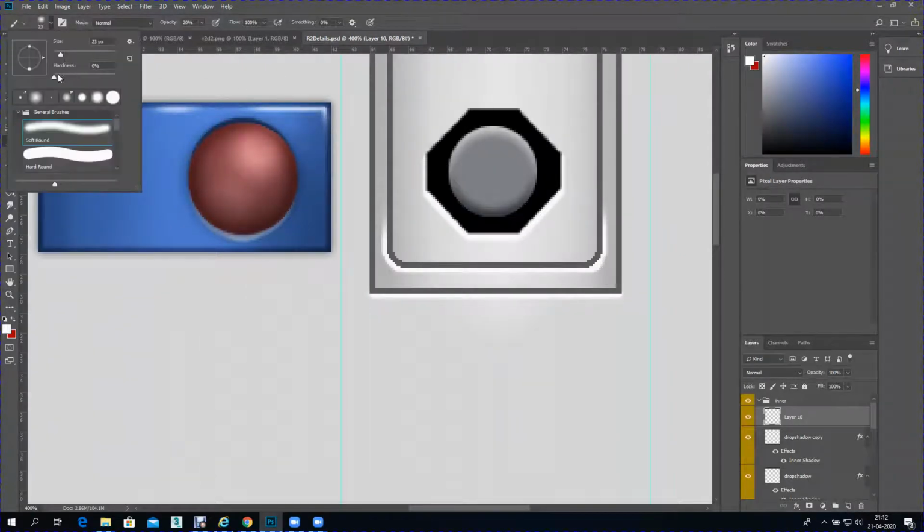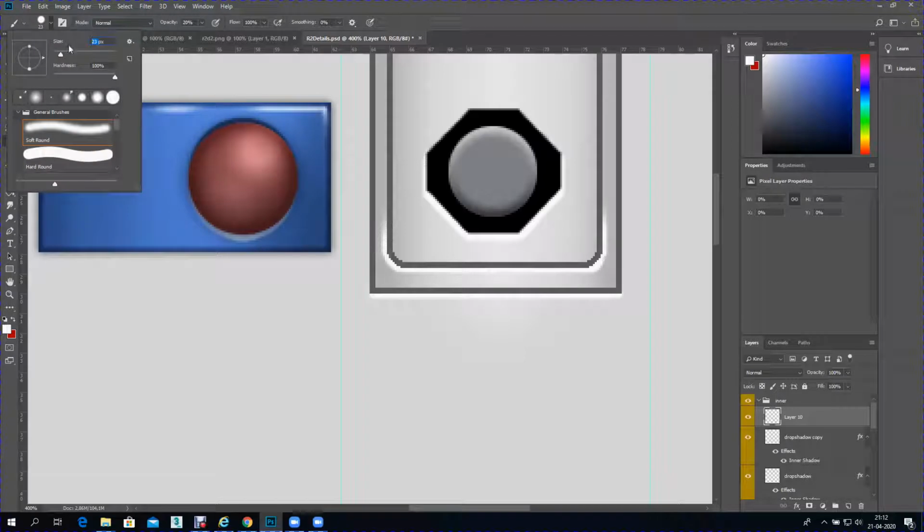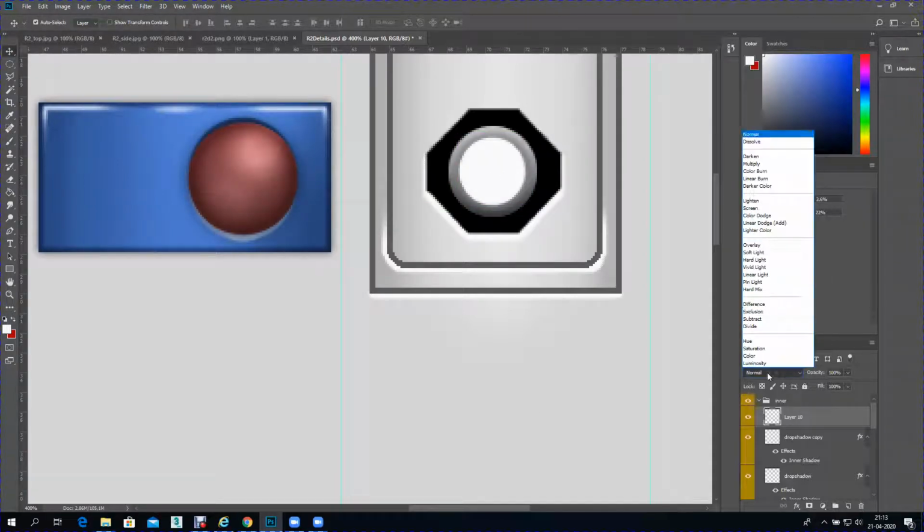Brush, completely white. Hardness 100%. Let's see, 33. Let's try that. Yep, that's about right. 33. Turn it to 100%. I have to click too many times. Click, boom, boom, boom, boom, boom. Center it just slightly. And then after you center it, you take it to multiply,